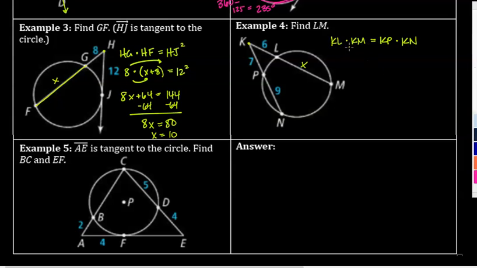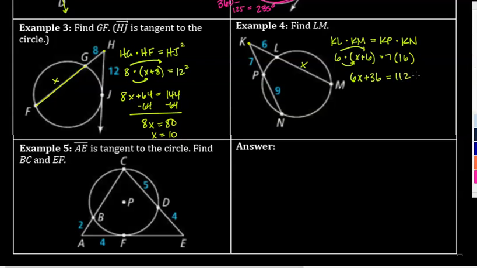And let's substitute values for these lengths. KL is 6. KM is X plus 6, right? This part plus this part. KP, it says, is 7. And then KN would be 16 units long because it's 7 plus the 9. And then if I use the distributive property, this side turns into 6x plus 36. And then 7 times 16 would be